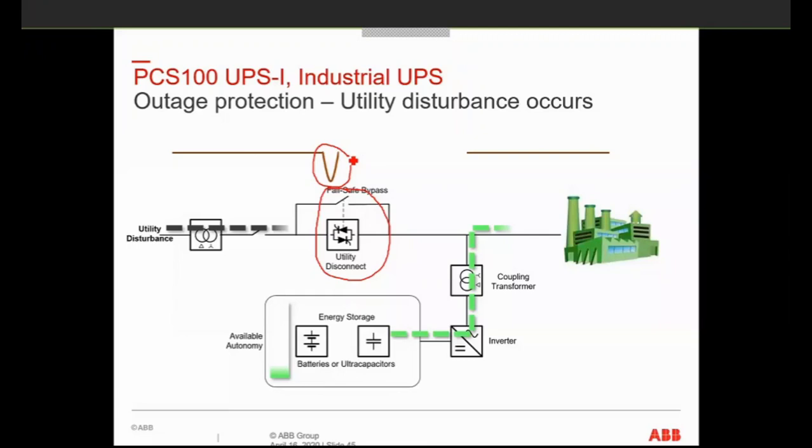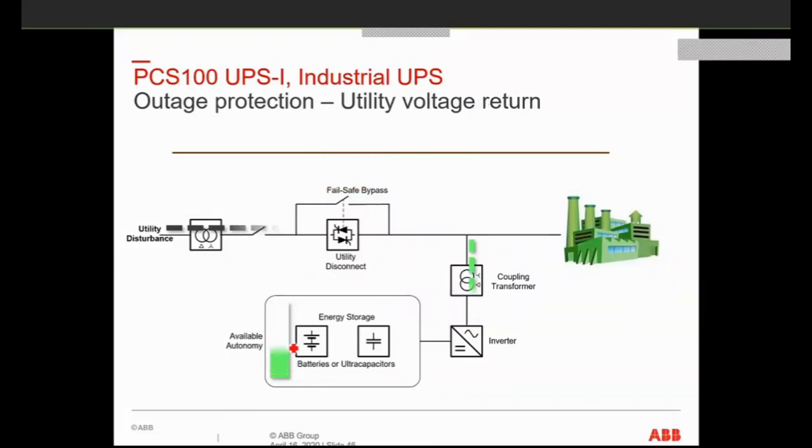For example, if a power outage happens and you have a modern ATS system, it will look like you have a CTTS function, utility to emergency, because of this system. And also going back from emergency to utility, it's also like a CTTS because the PCS UPSI will